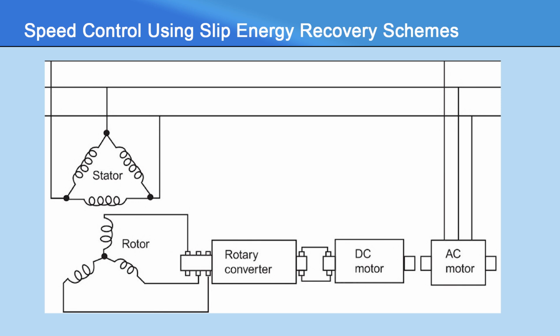The AC slip power is first rectified by the 3-phase diode bridge, then converted back into AC power at line frequency by the thyristor inverter, and finally returned to the supply network by means of a transformer,